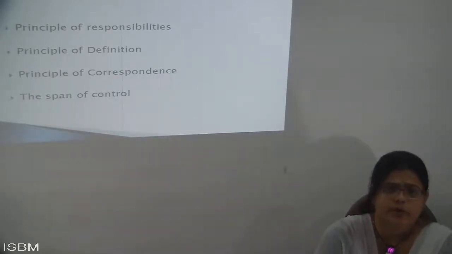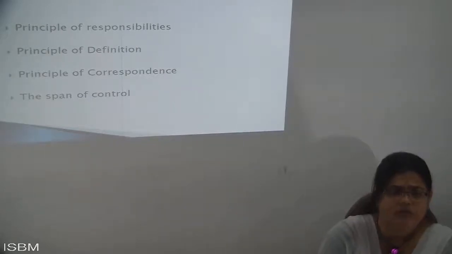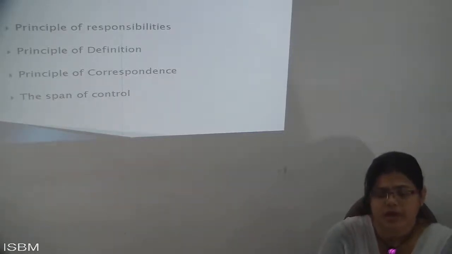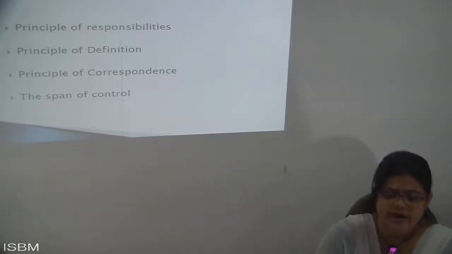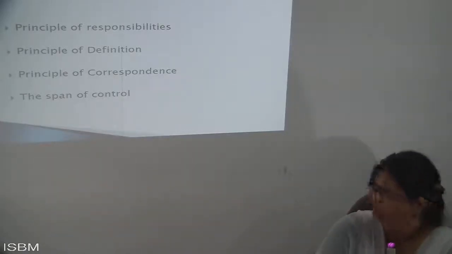Next is span of control, which is most important, where a group of people are involved, your superiors and subordinates come together, and the work is completed with the help of each and every person. This is how you control: the work is allotted from the superiors to the subordinates, and afterwards it is given to the ground level or to the higher level. So this is span of control, one more concept.